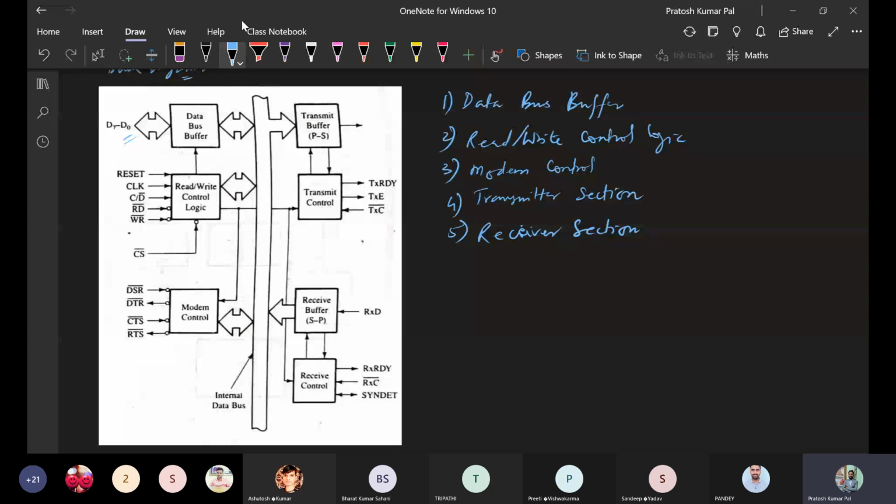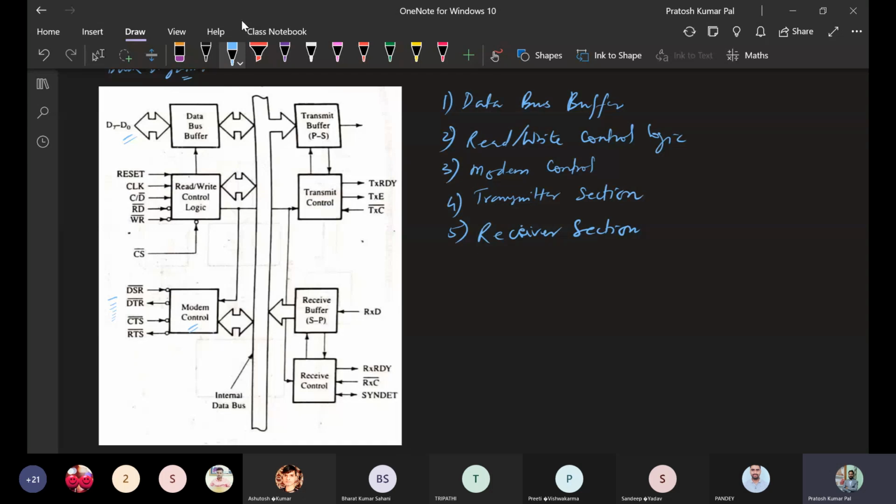Okay. And next one is modem control. So modem control basically tells us whether the transmission or receiver data is being done. How this receiver and transmission will be operating is given by the modem control, how it will be converting the communication basically, that is for modem control. Transmitter control are basically the transmitter section.